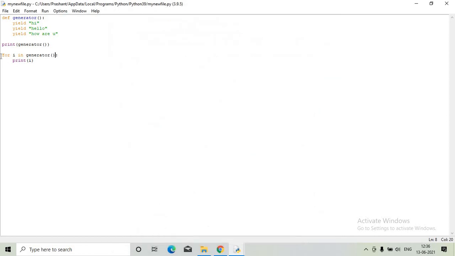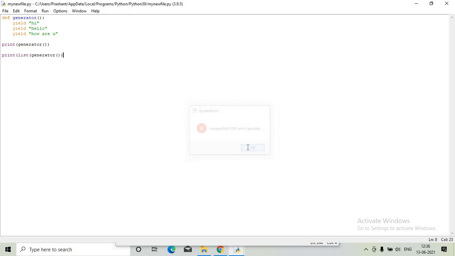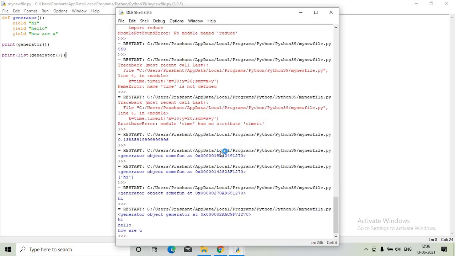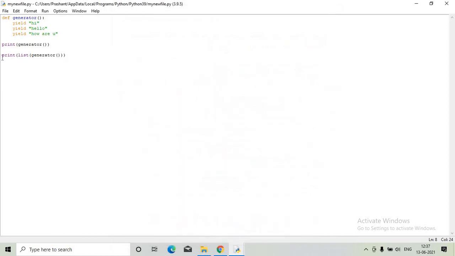And also you can make use of a list. Instead of using this generator object, we can print a list of the generator. So you can have the list of hi, hello, how are you, and it is going to be displayed. You can make use of next also if you want to display the generator function.